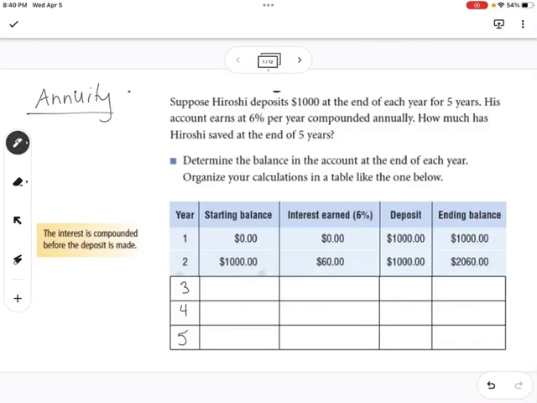Today we're going to be starting everyone's favorite topic of money. So today we're going to be talking about annuity. So looking at this first question,